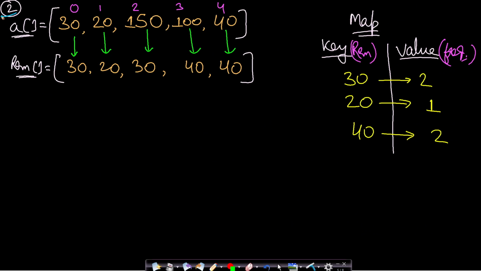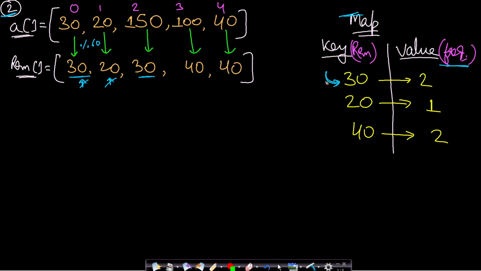Let's say this is our example, this is A, okay, and this is the remainder array. Now this is our map, which is a key value pair. So this is like mod 60, this is the remainder array, and using this remainder array we have formed the map. We have also found the frequency of all the remainder elements, right? So we need the frequency in order to count it. So how do we count it? We don't parse it on the remainder array. We will parse it on the map, because on the remainder array the same elements can occur multiple times, but that will be taken care of in the map.